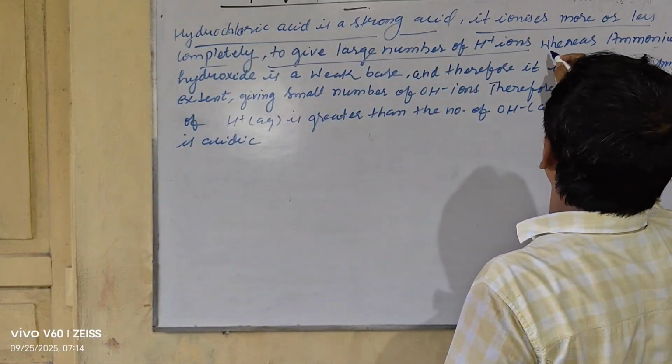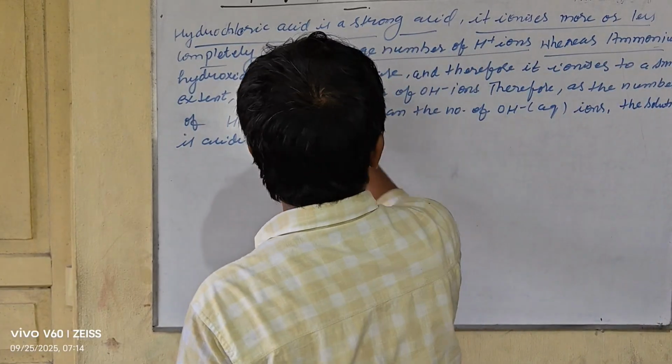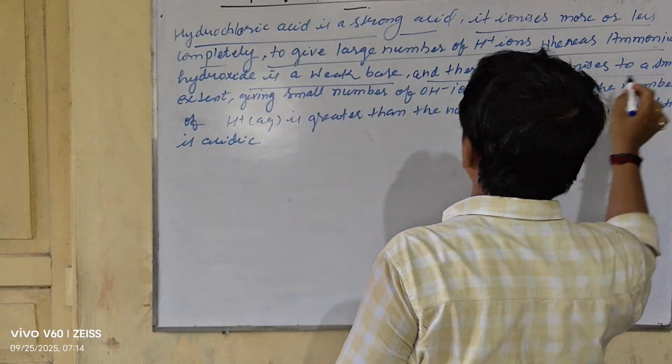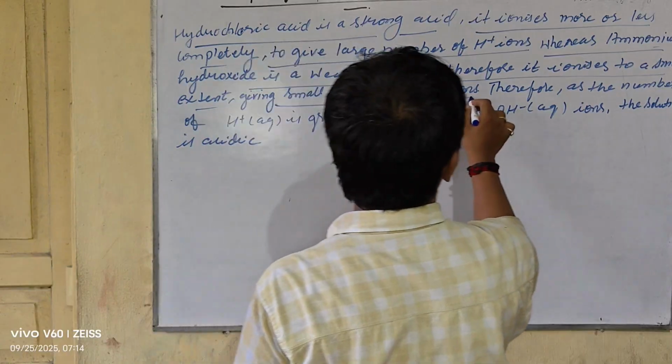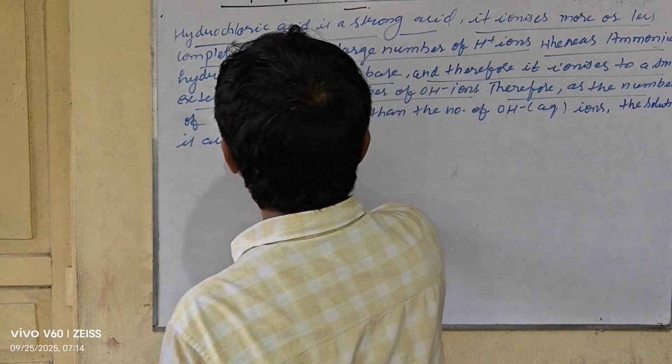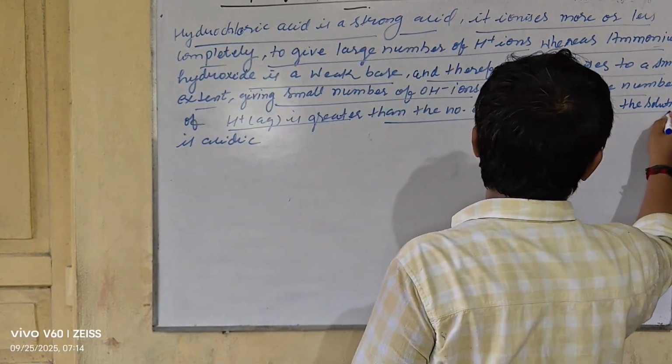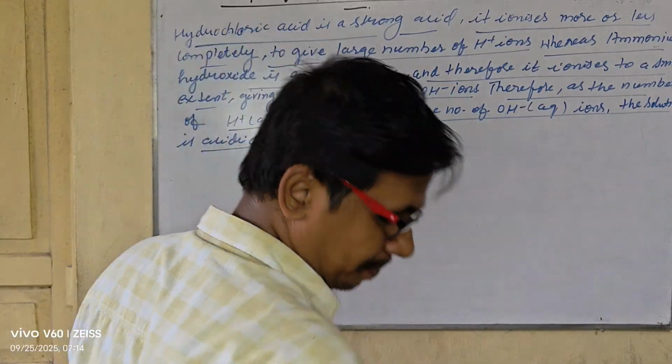So my dear student, hydrochloric acid is a strong acid, ionized more or less completely to give a large number of H plus ions, whereas ammonium hydroxide is a weak base, and therefore it ionizes to a small extent, giving a small number of OH minus ions. Therefore, as the number of H plus ions is greater than the number of OH minus ions, the solution is acidic. Second